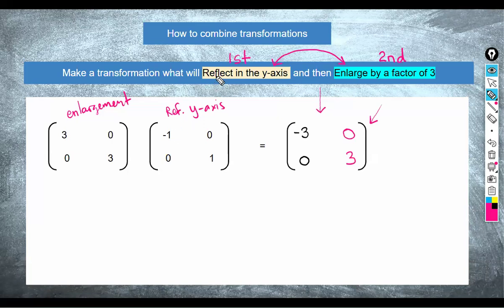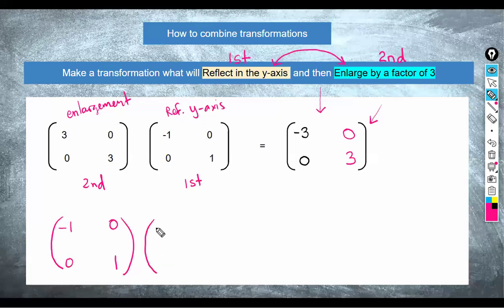And the first thing that the examiner wanted you to do was reflect in the y-axis. So why did we write it this way? Look at the order. When you're combining matrices, we combine them in the opposite order. Most people would do it like this. If you want to make one matrix that will reflect something in the y-axis and then enlarge it by 5, they would say, all right, the first thing the examiner wants me to do is reflect it in the y-axis. And then